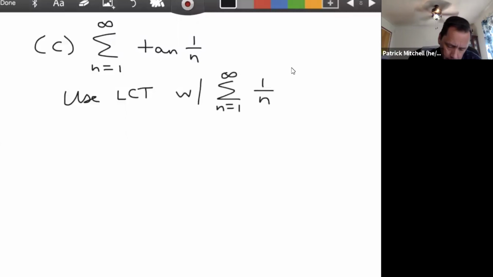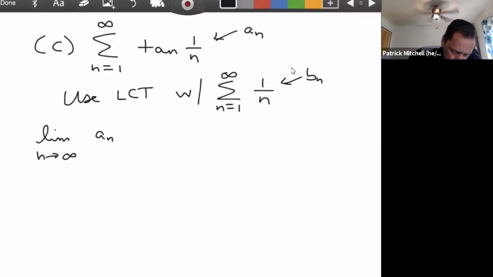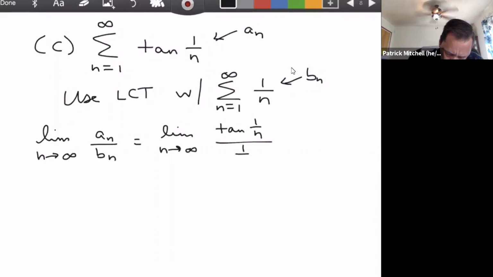All right. So this will be my a sub n. This will be my b sub n. So we need to look at the limit as n goes to infinity of a sub n over b sub n, which is the limit as n approaches infinity of tangent 1 over n over 1 over n. And I think we've encountered this limit before. What I like to do with this limit, and by the way, this is technically a Calc 1 limit,